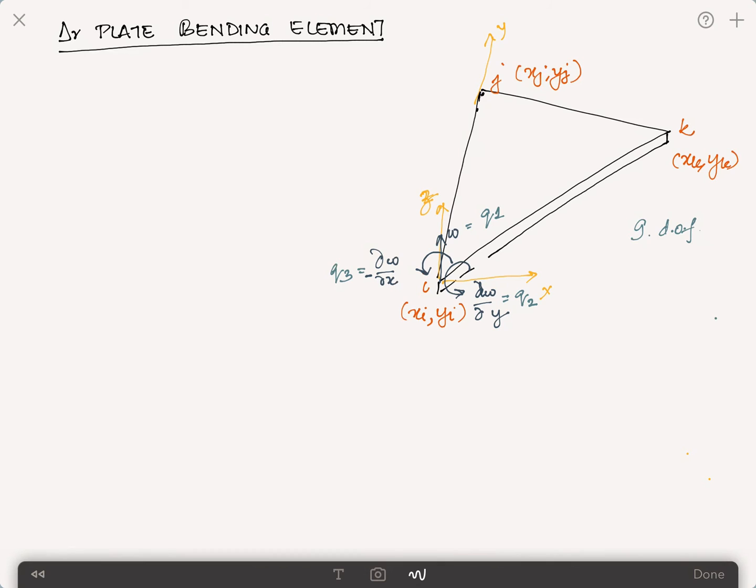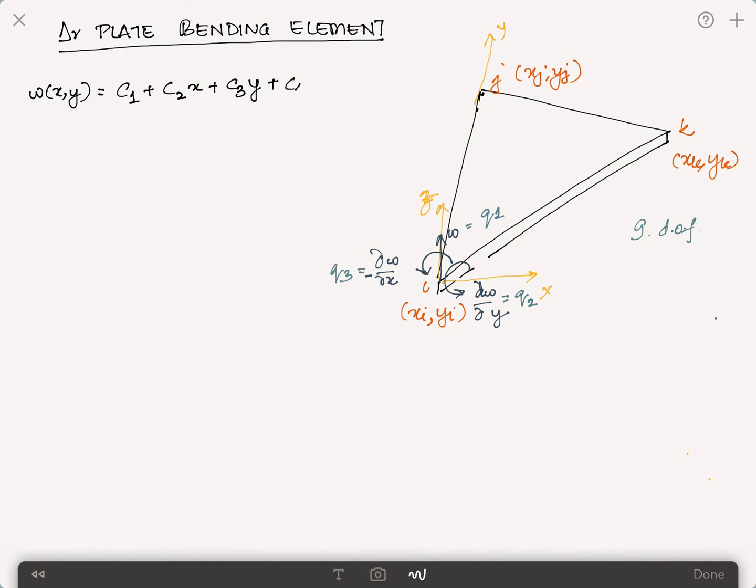So what does that mean? To maintain geometric isotropy, we have to take the displacement model such that it has 9 constants for the 9 degrees of freedom. And this is where Pascal's triangle comes into the picture and is quite helpful. It will become very clear when I start writing the displacement function. So the assumed displacement function w(x,y), because it is in the in-plane direction, can be given as c1 + c2x + c3y